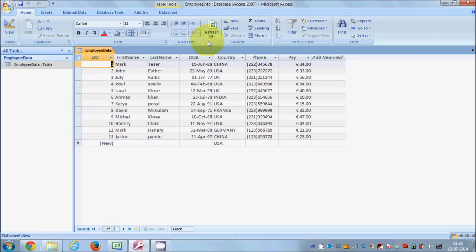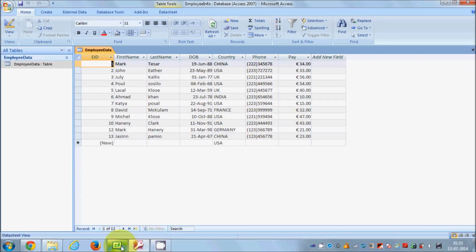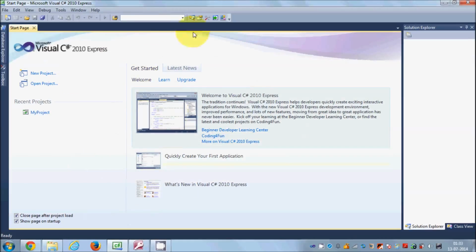Now once we have our database and we have some content in the table of our database, let's go to our C sharp Express edition, or you can download this Express edition for free from the Microsoft website. And let's go to this Visual Studio for C sharp and create a new project. So I will just click this new project,